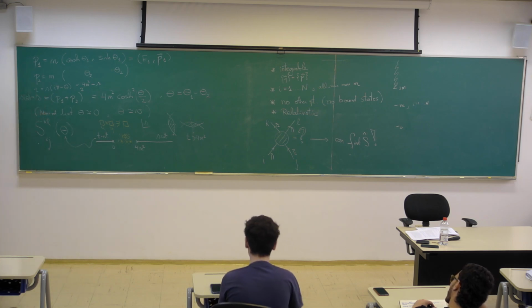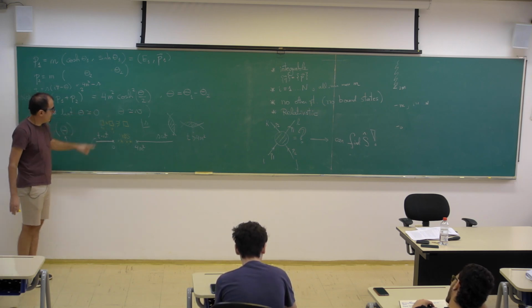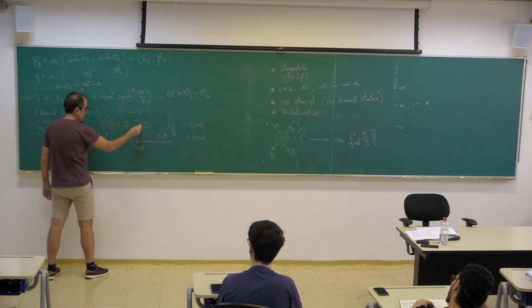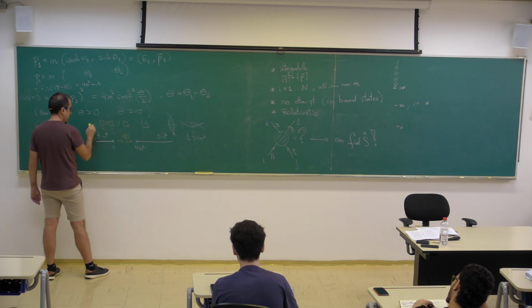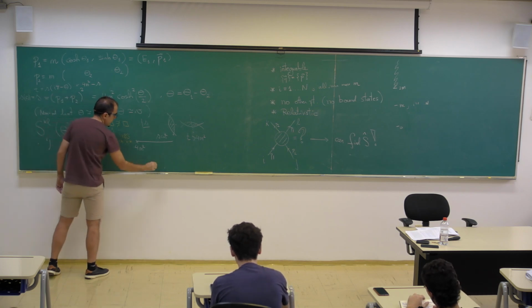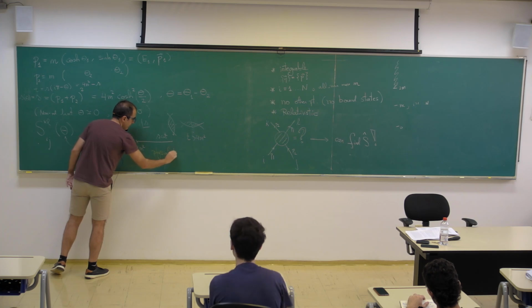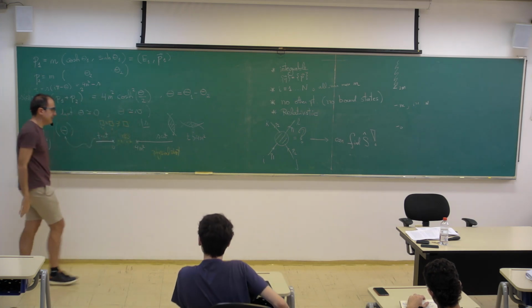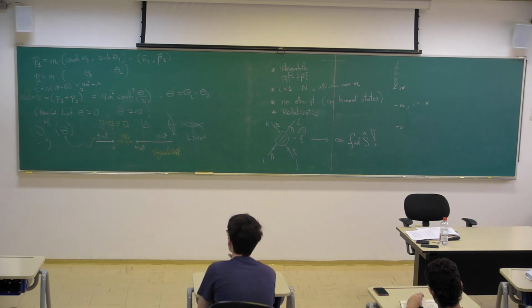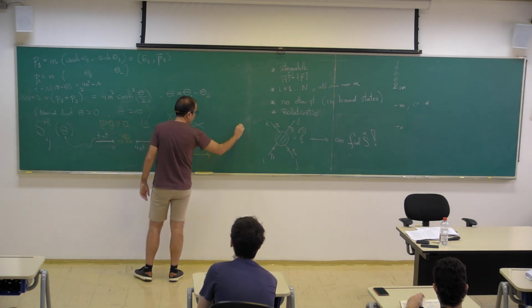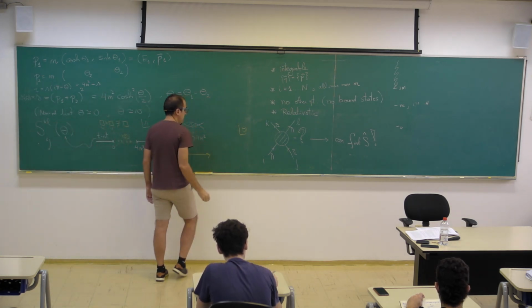Now, this variable theta is very nice because it will map all this thing here, which is called the physical sheet for obvious reasons. It's the complex plane minus these cuts. And this, in theta, is mapped to a strip.